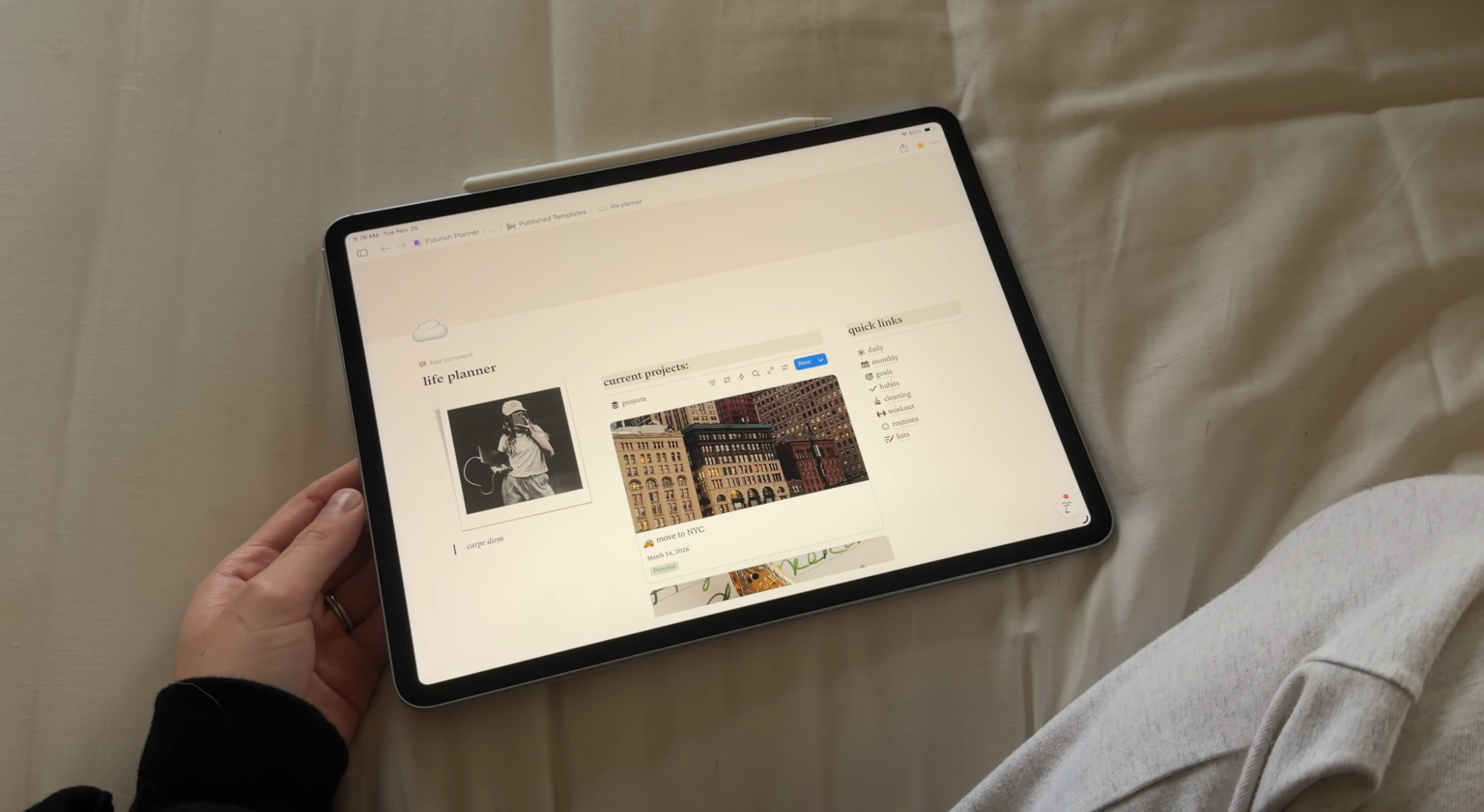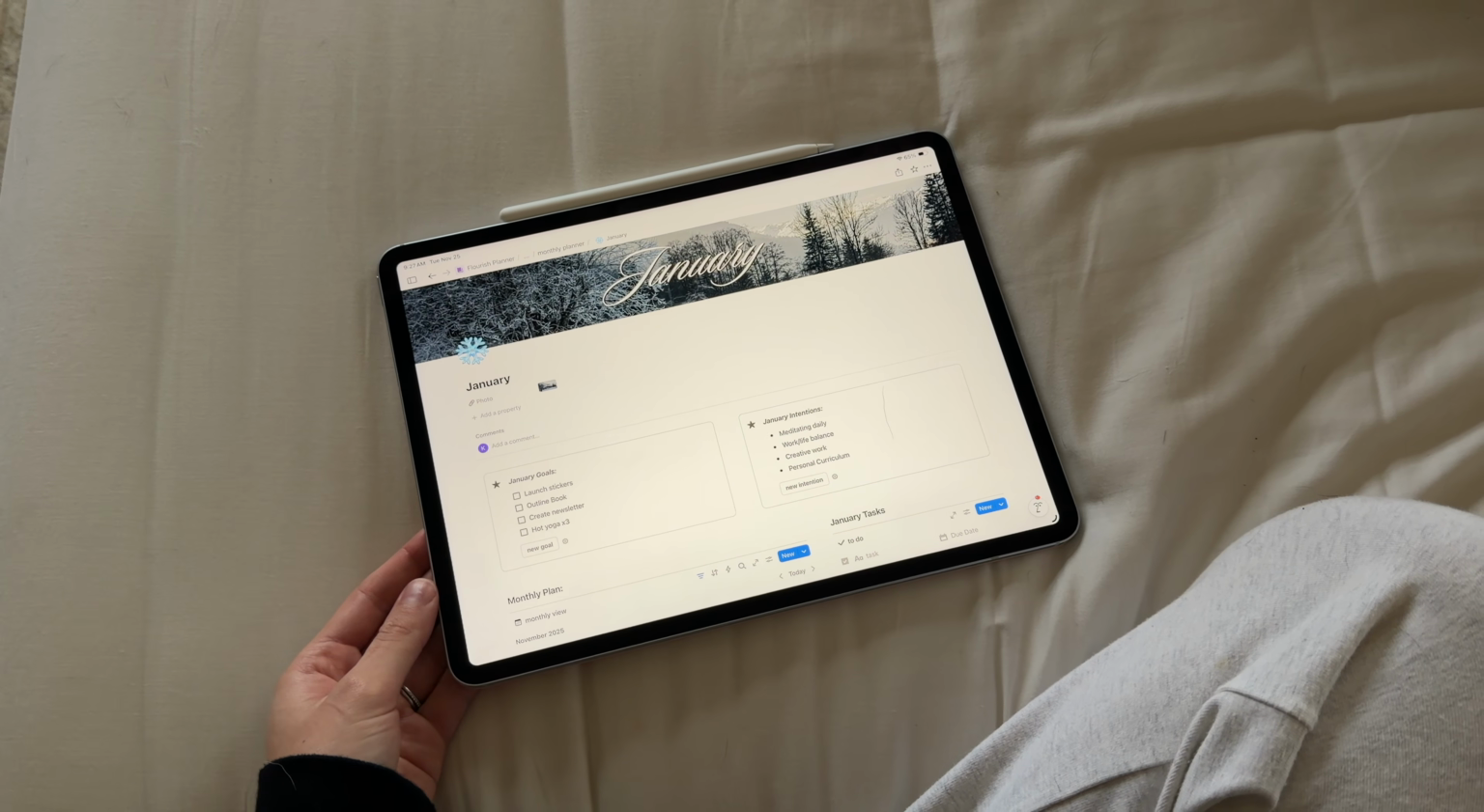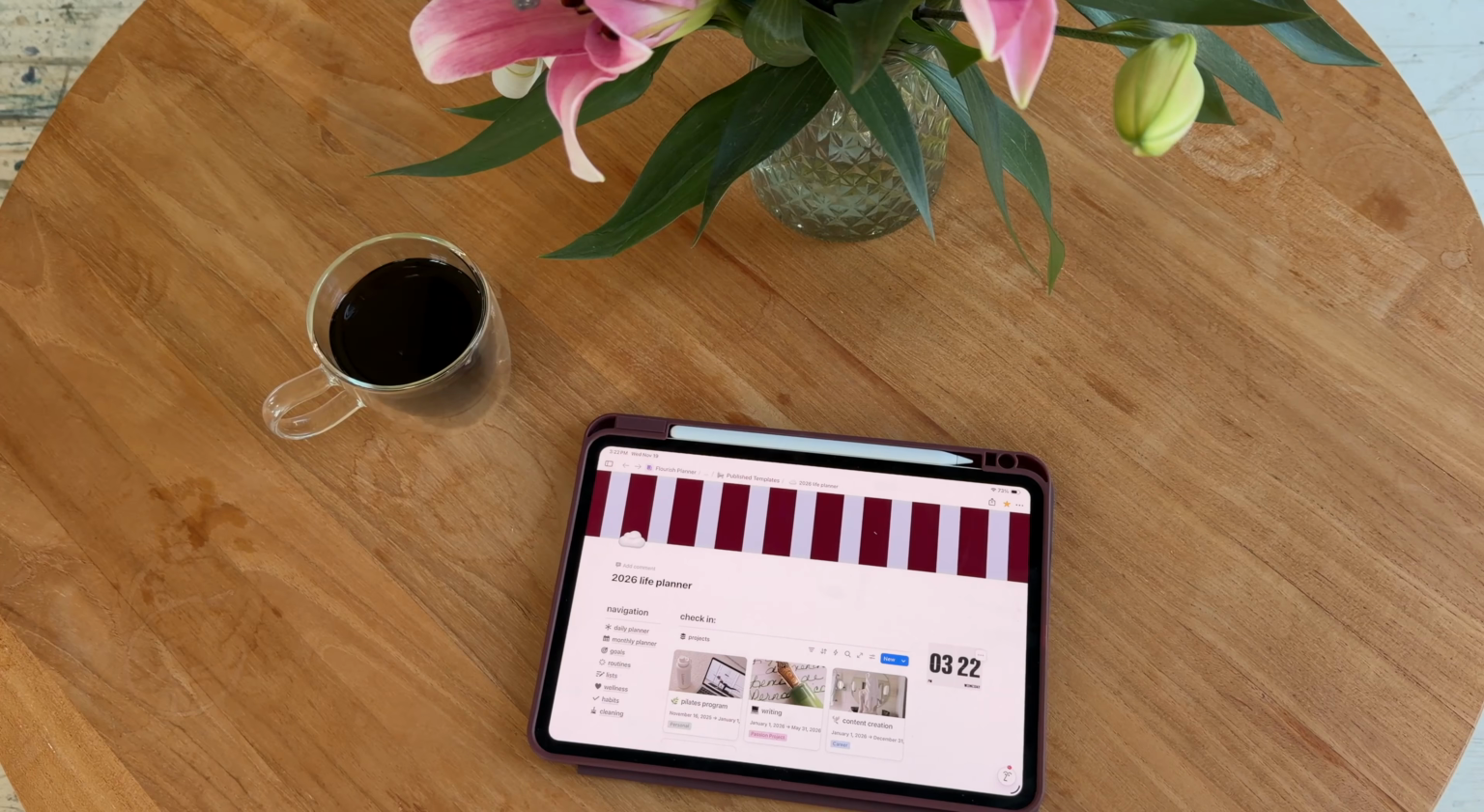So that is the 2026 Notion Life Planner. I'm very excited to use this, and I hope you guys are